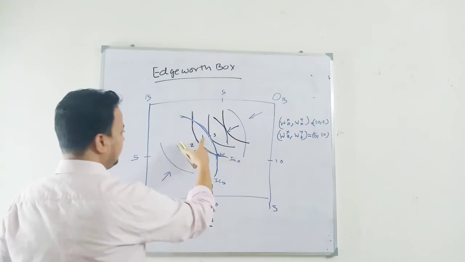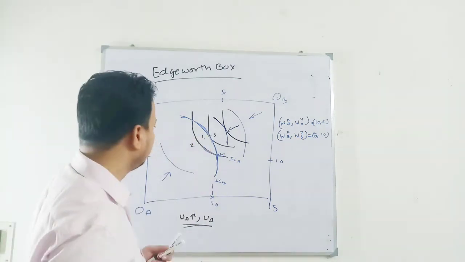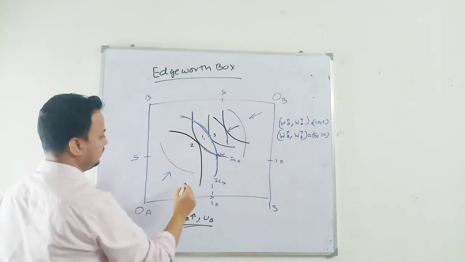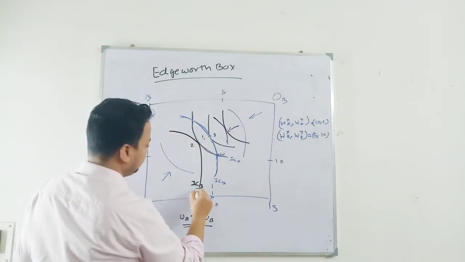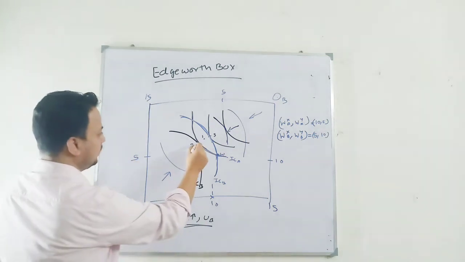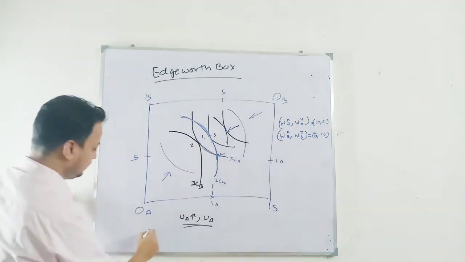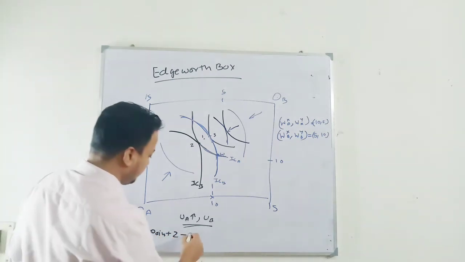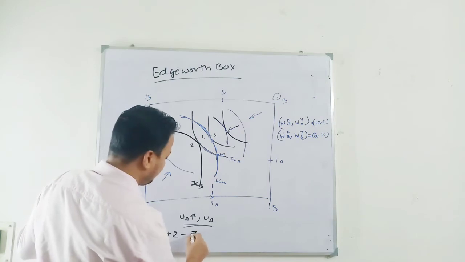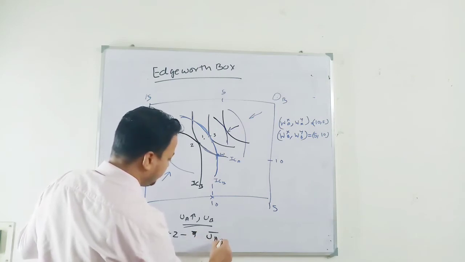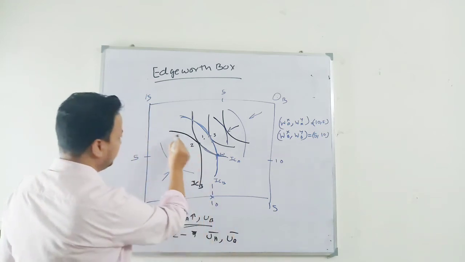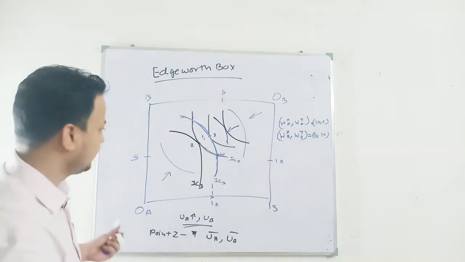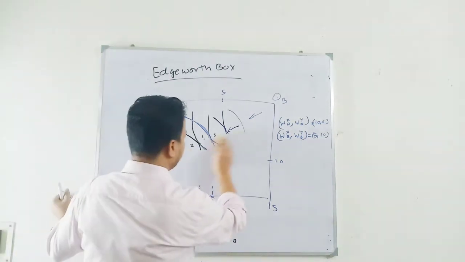So I discussed point number 3. Here also you have it like this. In point number 2, suppose consumer B moves, this one. So this is the indifference curve of B, right? At point number 2, if you remember, the utility of A remains unchanged, but the utility of B increases. When I draw a curve like this, it is the utility of B. Okay, let me draw again, otherwise it is confusing.